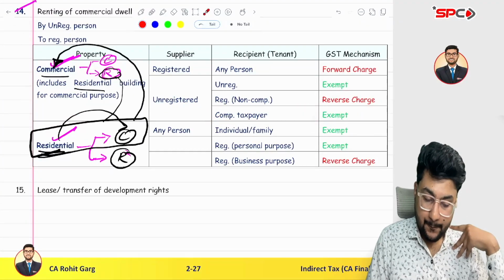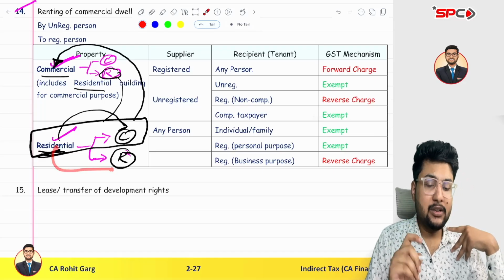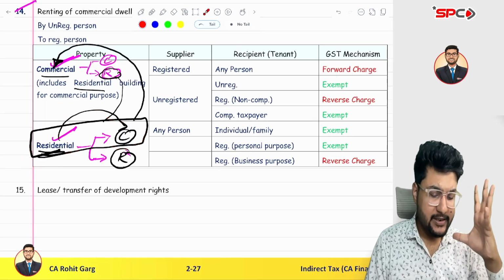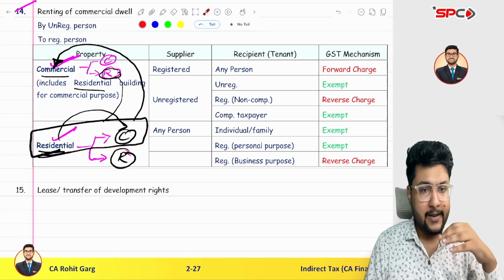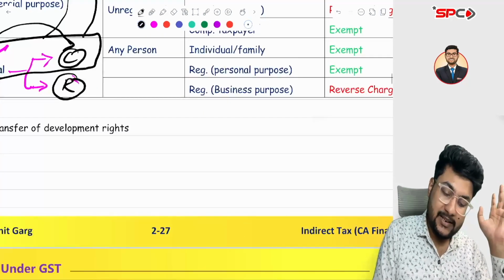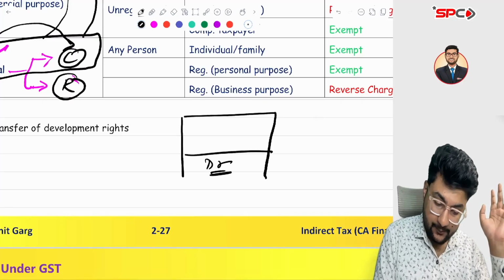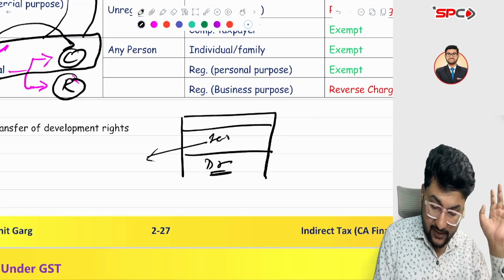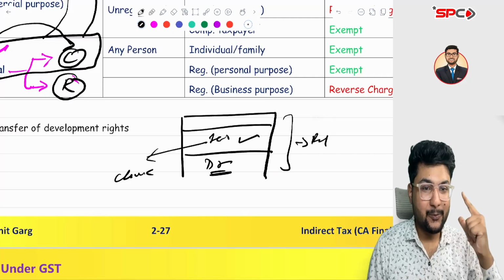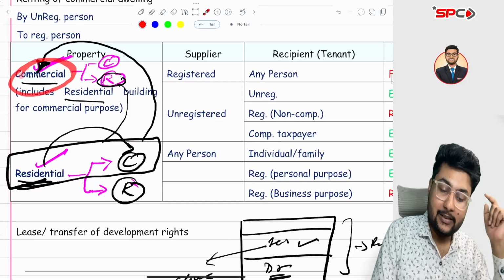Now we will talk about a residential property for residence purpose. And one more thing, how can a residential property be used for commercial purposes? Have you seen a dentist recently? I have taken an appointment for my teeth implantation. So in their system, on the ground floor the dentist is living, and on the first floor they have a clinic. Even though the whole property is residential, the clinic is commercial, right? So in that case, it is covered under commercial, not here.